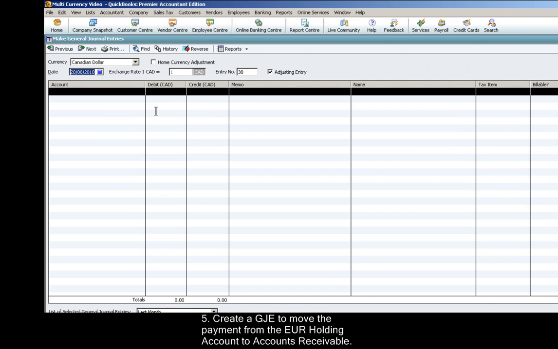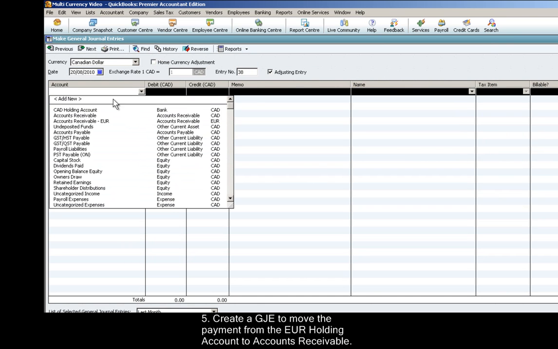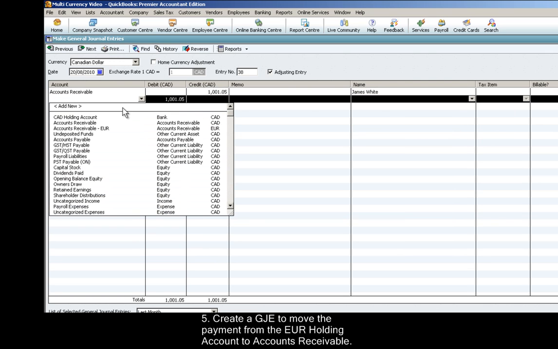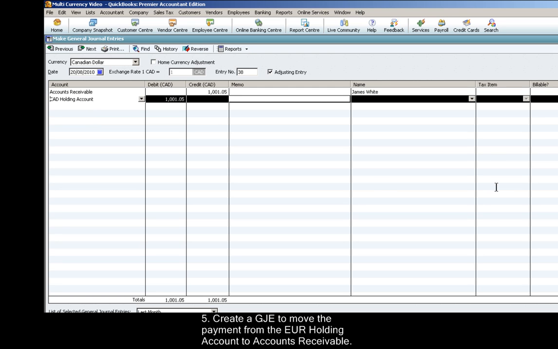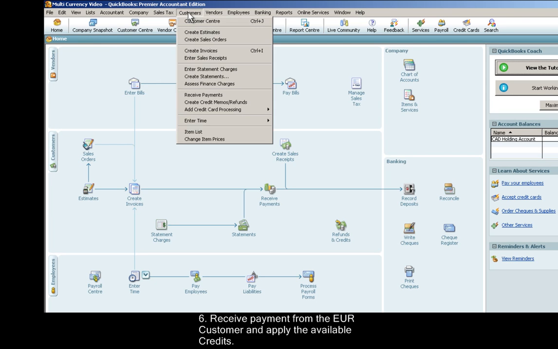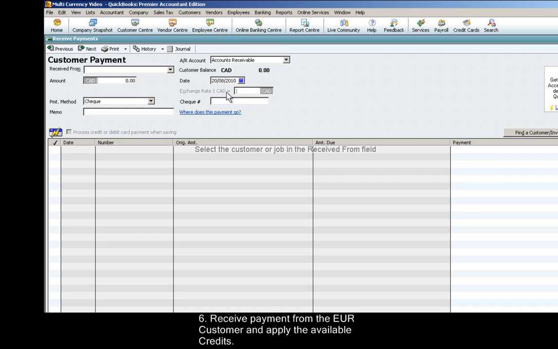Now we're making an additional journal entry, and this one is going to move the money from that holding account into the accounts receivable. So you're going to credit accounts receivable and you're going to choose James White, and then you're going to debit the Canadian holding account. So now you can receive the payment for the Euro customer,